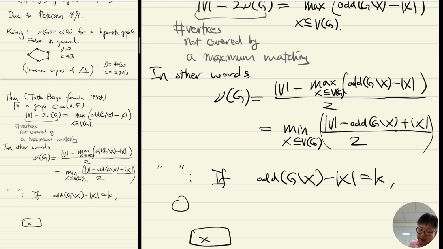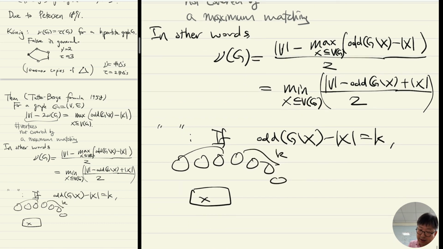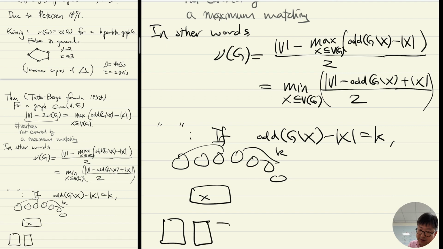I have an X and I have K more odd components than X. I might still have even components, but I have too many odd components, and all these odd components must contribute at least one vertex not covered by a maximum matching,